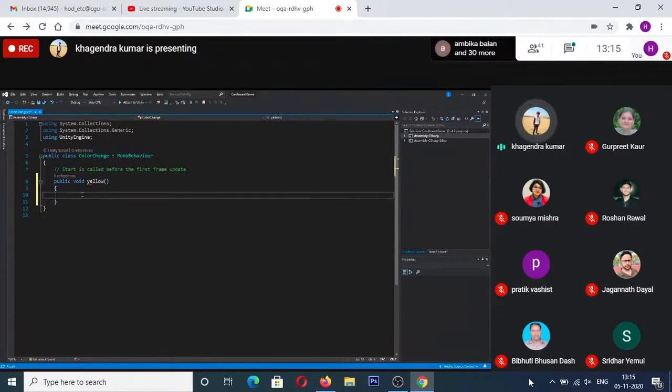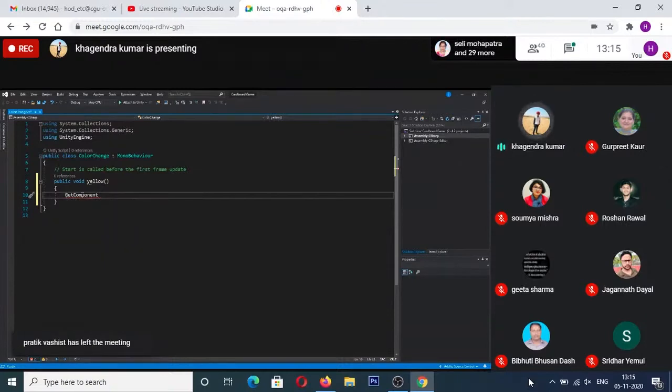Now, since I will be adding this object directly to my cube, I don't need to refer to the cube directly, as this will have direct access to the component. So I'm going to directly write GetComponent. It will directly get the component of the game object where it is attached. So it is something like this.gameObject. Now this is referring to the context. Since it is attached to the same object, the context is the same, so it is accessing the same game object.